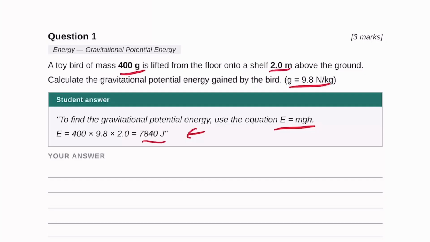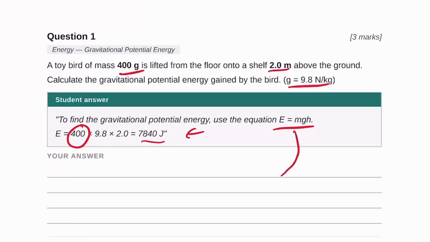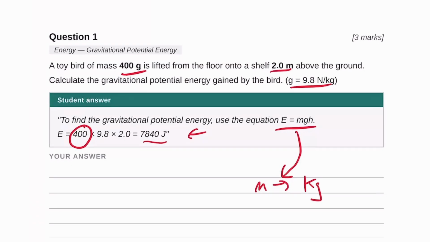Well, the problem here, of course, and hopefully you guys have spotted this, is this unit over here, where the student has subbed in 400 grams, and we should know that when we use this mgh equation, the m has to be in kilograms. So the standard unit for m is kilograms, and basically if you use the standard units all the way through, then you should get the standard unit out in terms of energy, which is joules. So if you wanted to do this correctly, what you'd have to do is sub in 0.4, and the other numbers are fine, right? 9.8, that's the one given to you, and 2 meters is fine. And if you put that into your calculator, you should get an answer about 1,000 times smaller, right? So 7.84